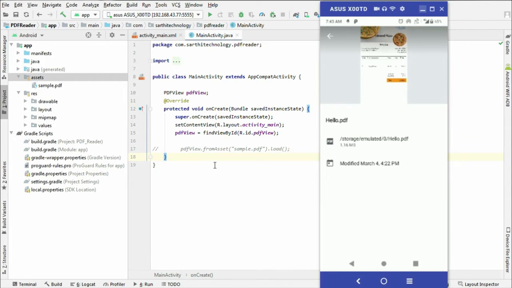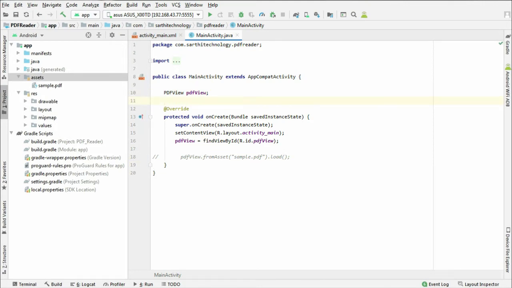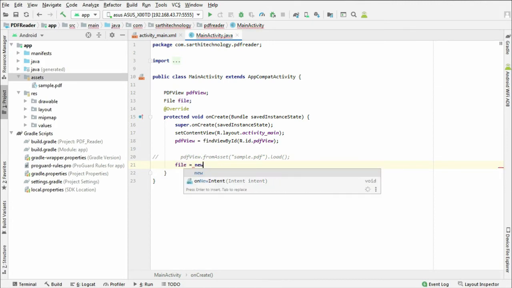Okay, so first create a file object, press alt enter here, file equal to, and here we need to put path of that file.